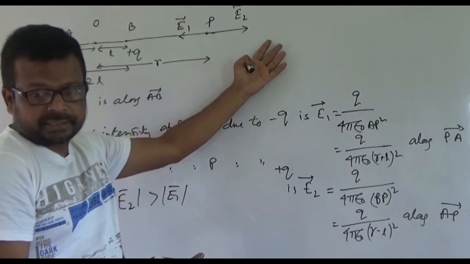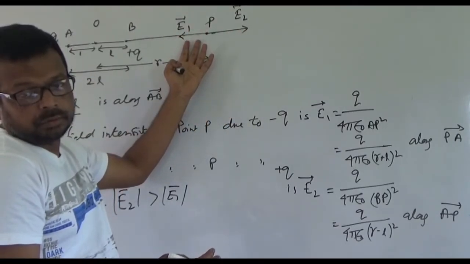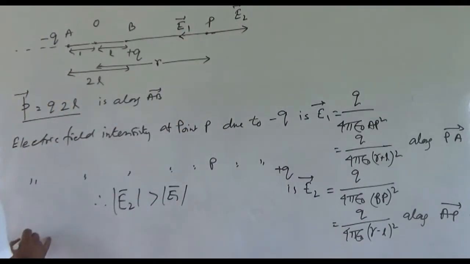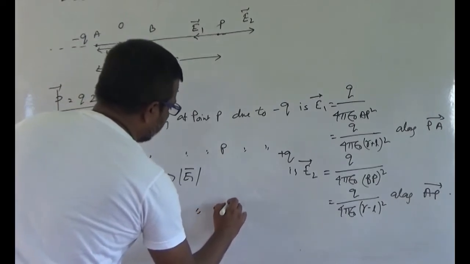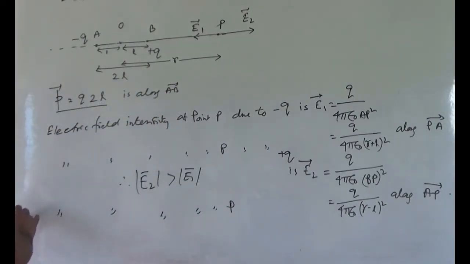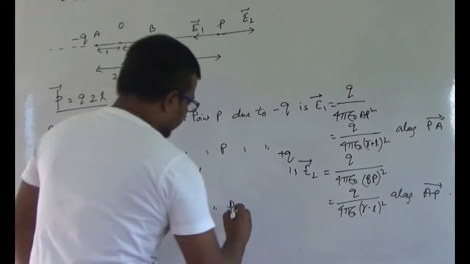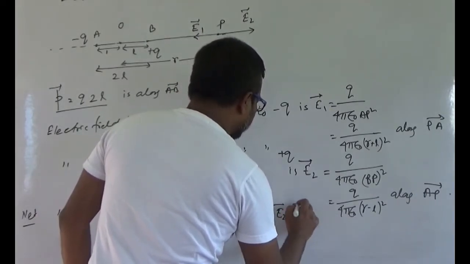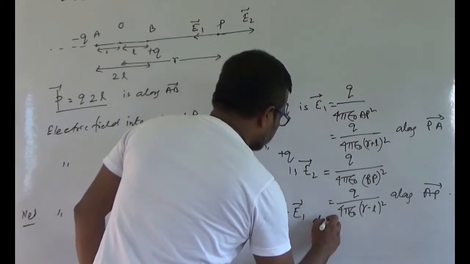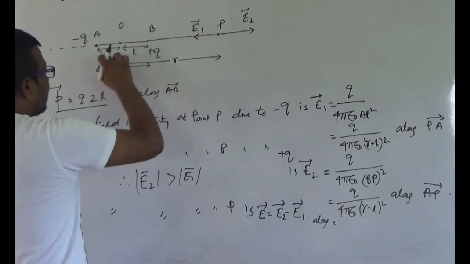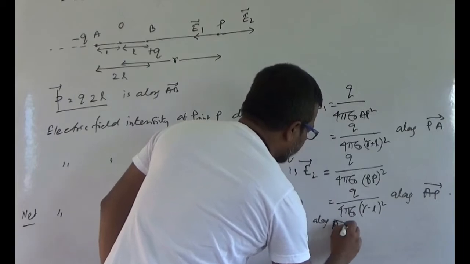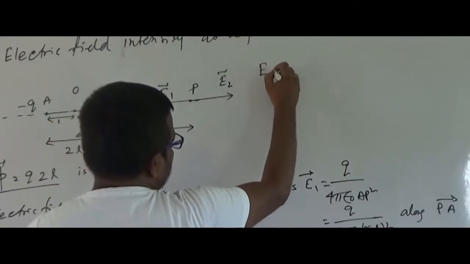Right? Therefore, the vector sum of these two vectors will be equal to E2 minus E1 since E2 is greater than E1. That means the electric field intensity at point P, or net electric field or resultant electric field, whatever you can say, due to the dipole at P is E equals E2 minus E1, and its direction will be along E2. E2 means along AB vector or AP vector, whatever you can say, along AB vector, and this E is equal to